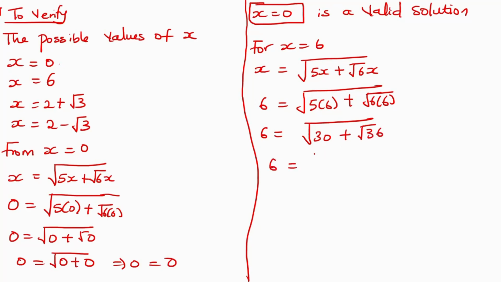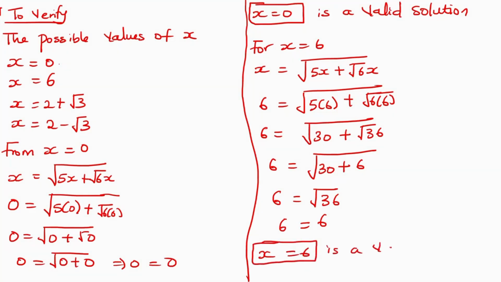So 6 is equal to the square root of 30 plus the root of 36, which is 6. So 6 is equal to the square root of 30 plus 6, 36. 6 is equal to the square root of 36, which is 6. So 6 is equal to 6. So we can say that x equals 6